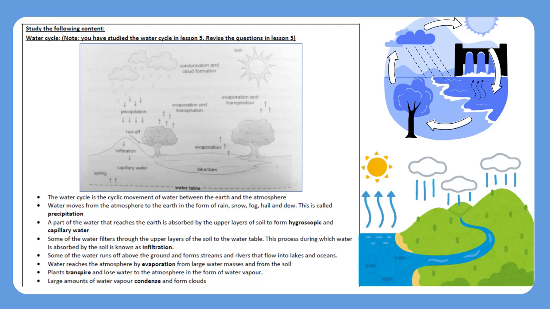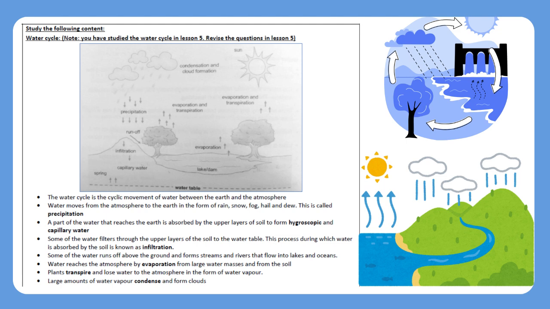Study the following content. Water cycle. Note: you have studied the water cycle in Lesson 5. Revise the questions in Lesson 5. The water cycle is the cyclic movement of water between the Earth and the atmosphere. Water moves from the atmosphere to the Earth in the form of rain, snow, fog, hail, and dew. This is called precipitation. A part of the water that reaches the Earth is absorbed by the upper layers of